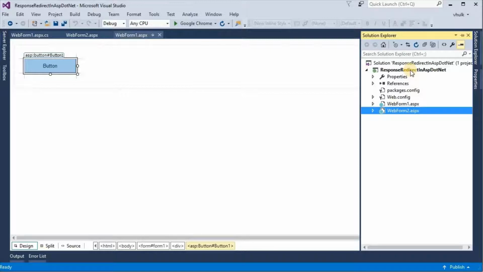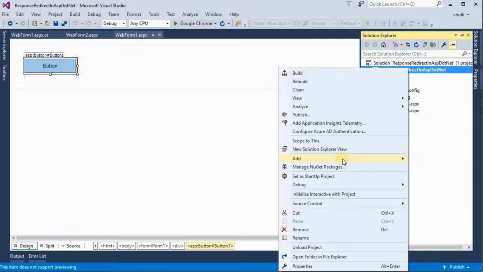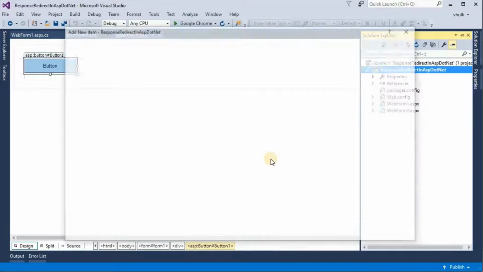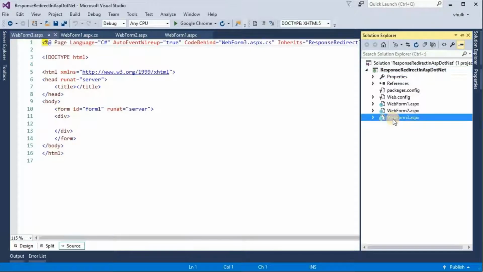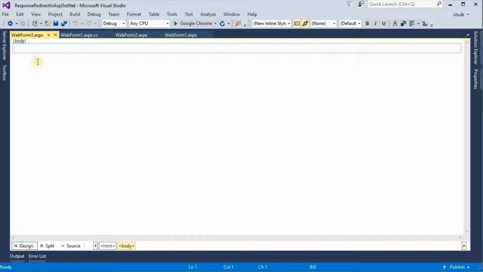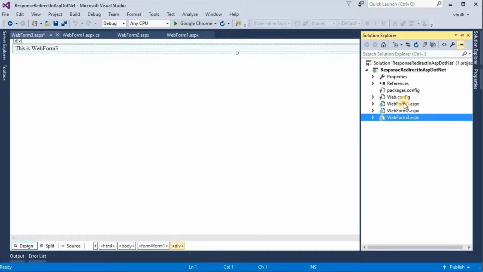Now we are adding third webform. Right click, add new item, webform, webform3.aspx, add. And in design, this is webform 3. And in webform1.aspx,